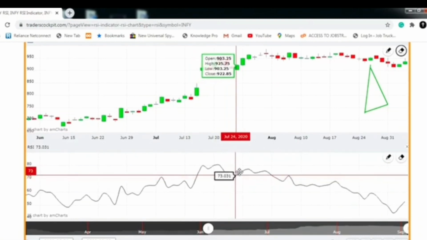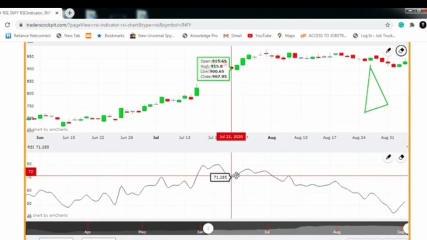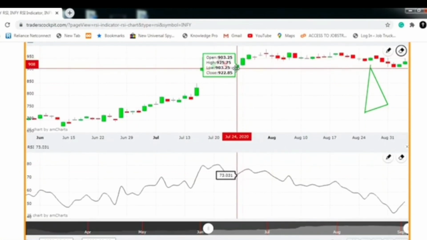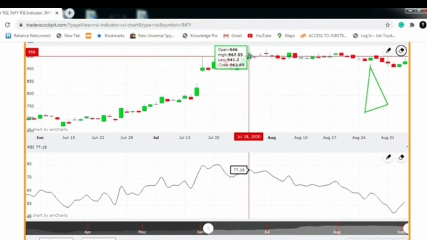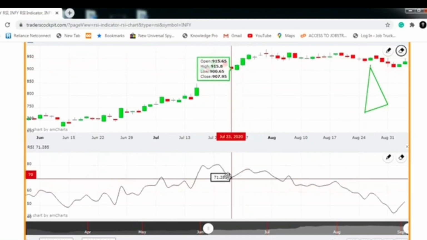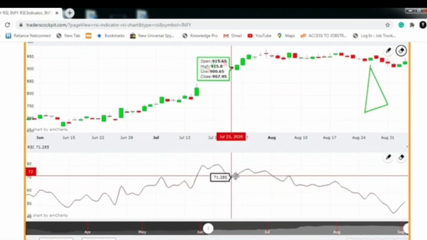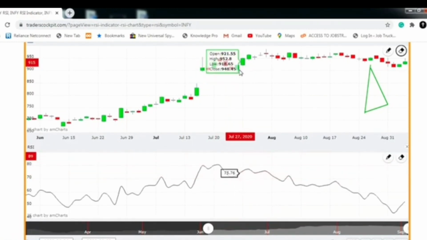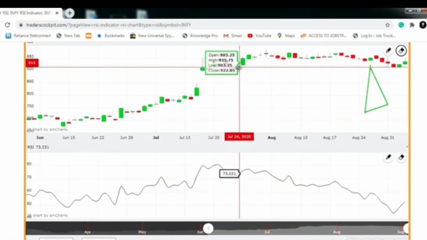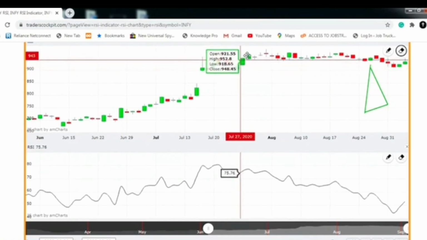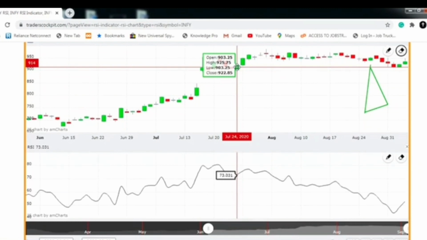Okay, there you can just understand the trend in that turnaround itself, that it will go to a green candle. You must be able to predict by that day itself. You can understand the trend. Okay, on July 24th, if I had taken a bullish position, I would have got many high profit levels over there. From 922 it became 966. There is a 40 rupees profit in that. If I had bought 100 shares for that, I would have got 4,000 rupees. In three days, I would have got that much high profit. I got it in a simple way.